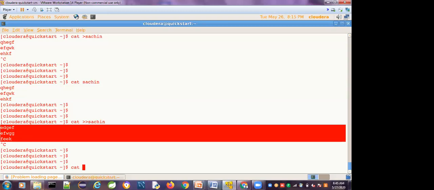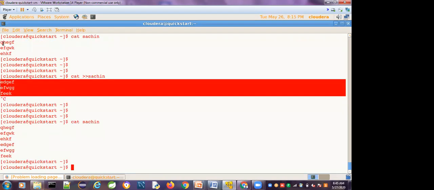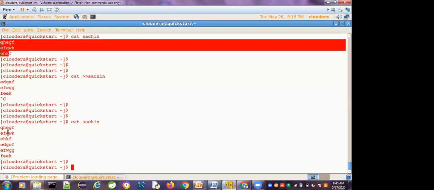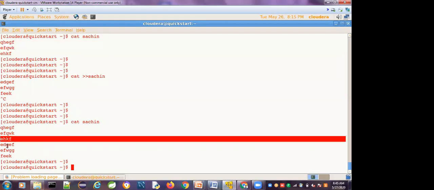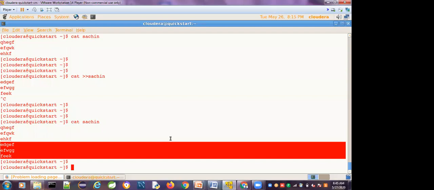You can see that with cat. See here, these are the first three lines, and the next three are this one. So whatever data you appended is appended at the end of the file.